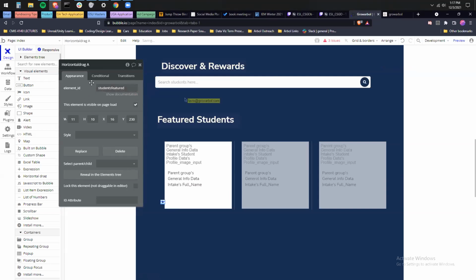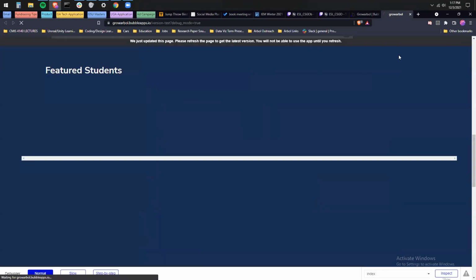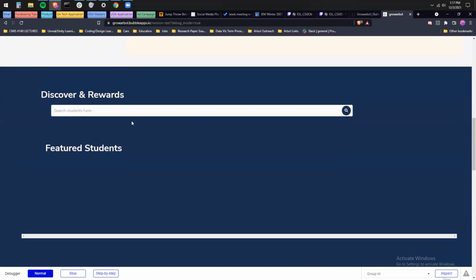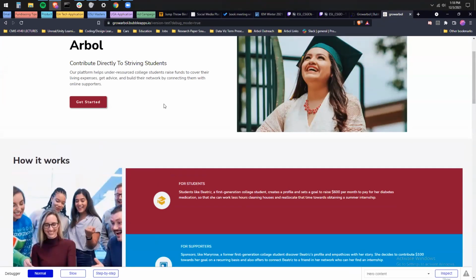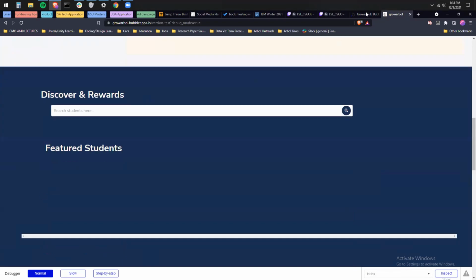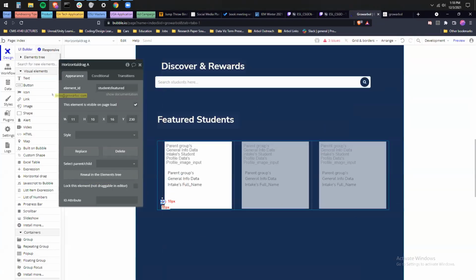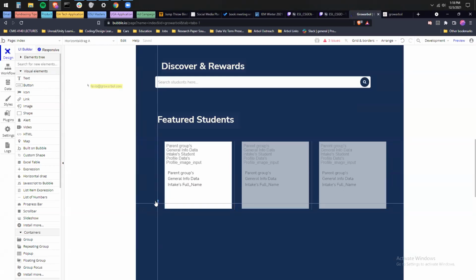Yep. And then I would make sure that element's not in the repeating group. We can try it and see if it'll work. So just preview. I don't think you have anything in there, so I don't think it will scroll. Once you add a few profiles in there, you can play around with that. And then, yeah, let me make a note to myself to send you that video for removing the scroll bar.